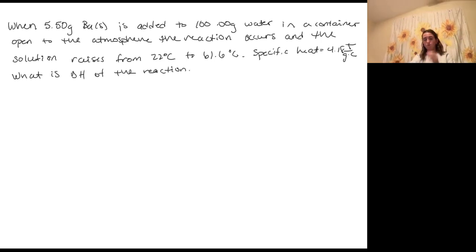Okay. So here's this question. We have when 5.5 grams of barium solid is added to 100 grams of water in a container open to the atmosphere, the reaction occurs and the solution raises from 22 degrees Celsius to 61.6 degrees Celsius. And your specific heat is 4.18 joules divided by grams times Celsius. And we want to know the delta H of the reaction. Okay. So using what we've talked about already, we're given a specific heat, we're given the temperature change, and we're given